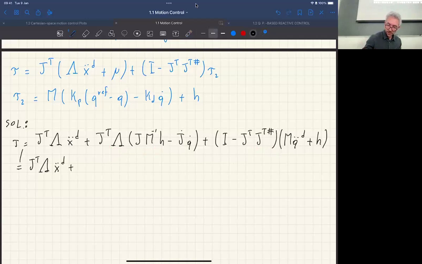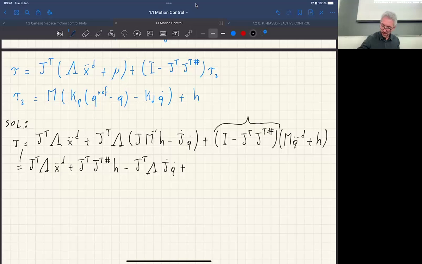So I can write this as J transpose pseudo inverse H minus J transpose lambda J dot q dot. And here, well, I have the first term. So this guy, I'm going to call it N for short. So N M q double dot desired